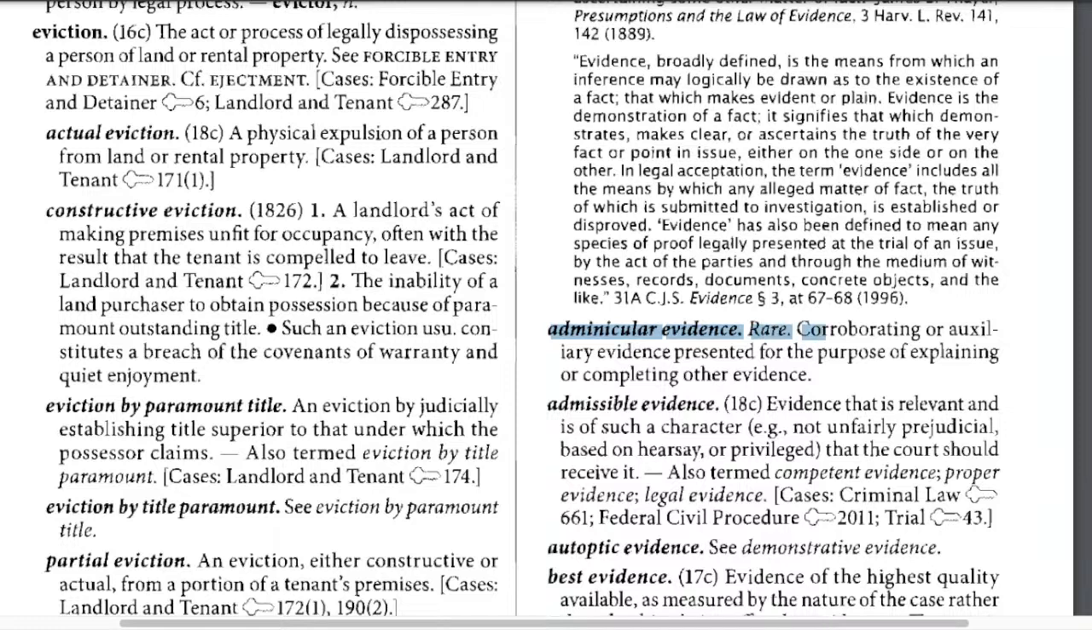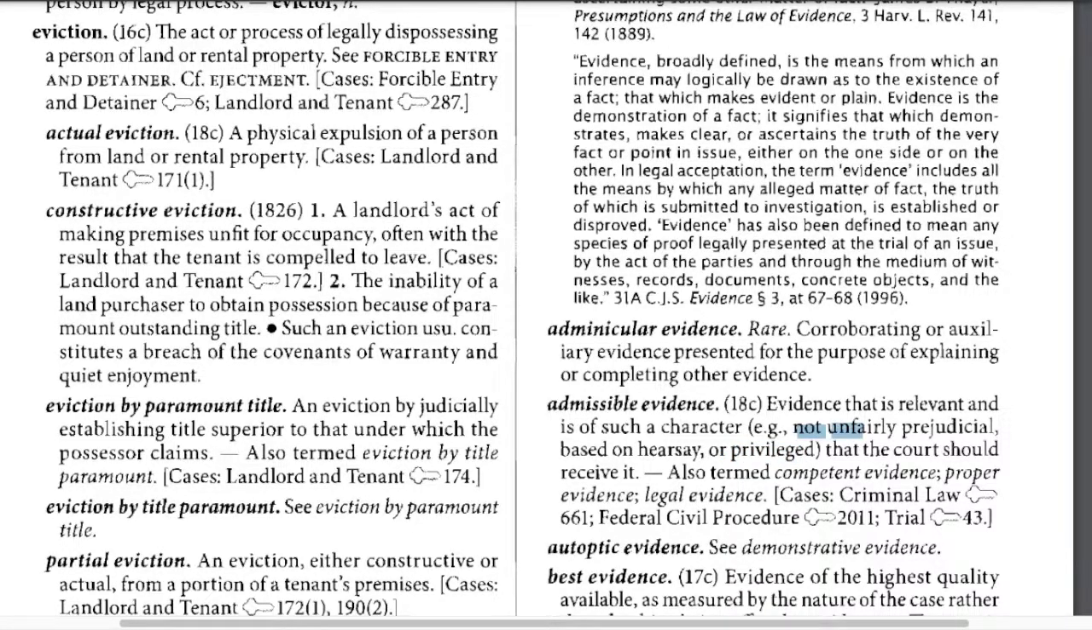Adminicular evidence, rare, good. Corroborating or auxiliary evidence presented for the purpose of explaining or completing other evidence. Then we have admissible evidence, 18th century. Evidence that is relevant and is of such a character, an example, not unfairly prejudicial, based on hearsay, or privileged. Notice this, privileged. So admissible evidence is not privileged. Interesting there too. So it's evidence that is relevant and is of such a character, and the example given here